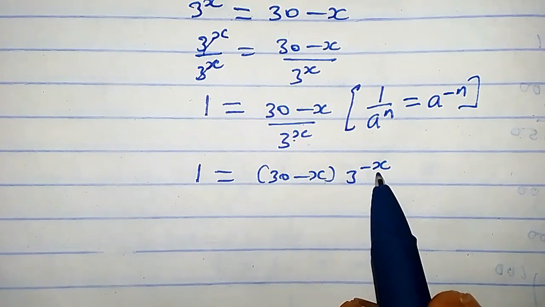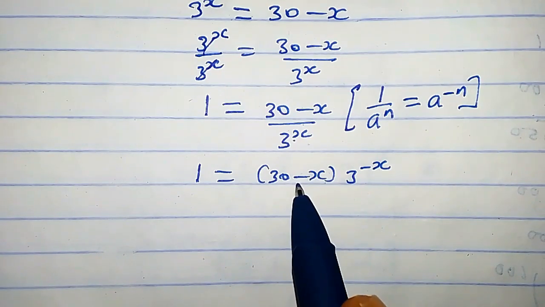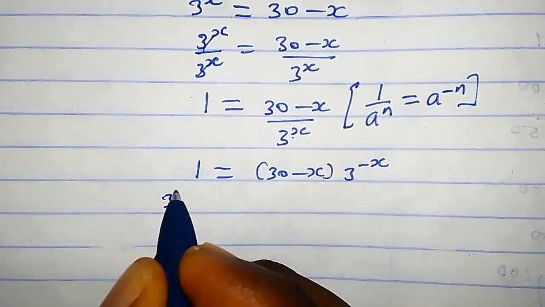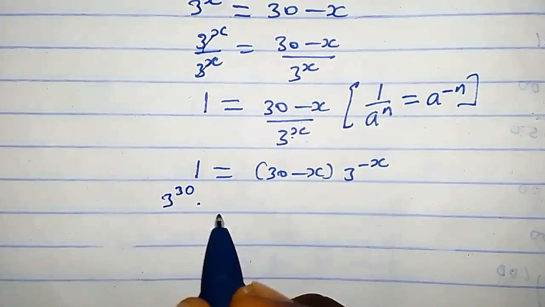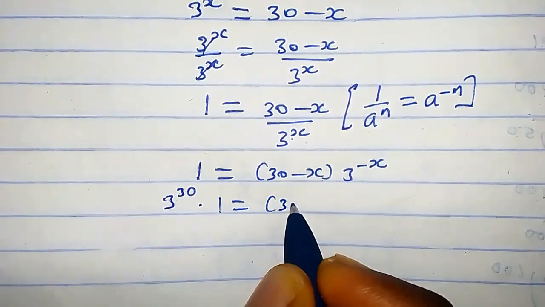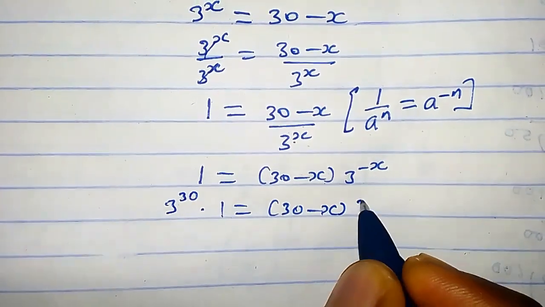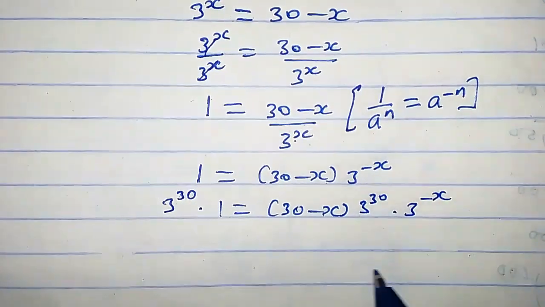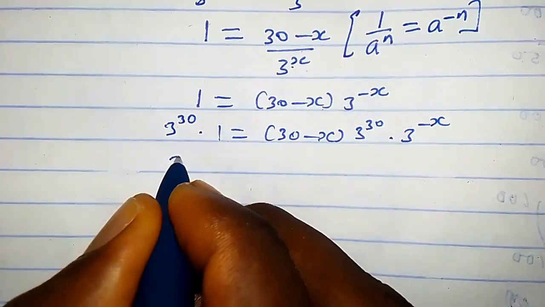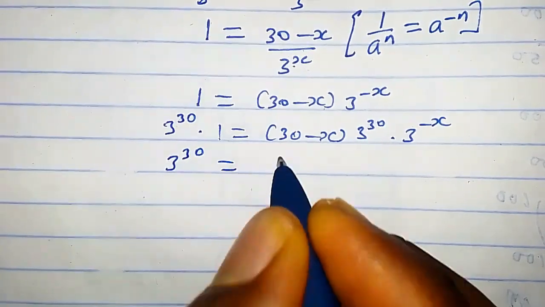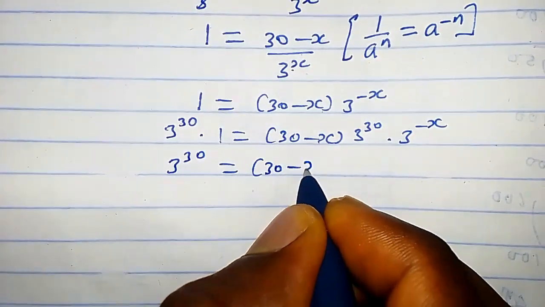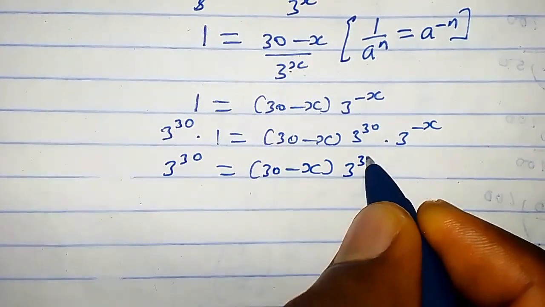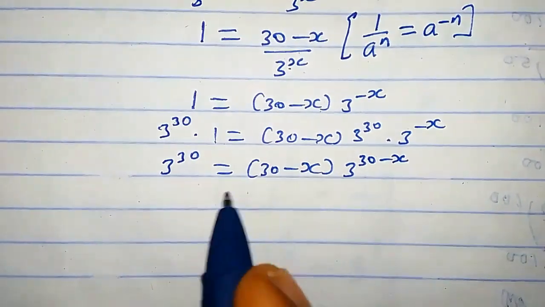Now let's make this exponent look like the coefficient. So we just multiply both sides of this equation by 3 raised to power 30. 3 raised to power 30 times 1 equals 30 minus x times 3 raised to power 30 times 3 raised to power minus x. Nothing has changed. So we're going to have 3 raised to power 30 on the left equals 30 minus x. When we combine these two, we're going to have 3 raised to power 30 minus x. Now, recall that